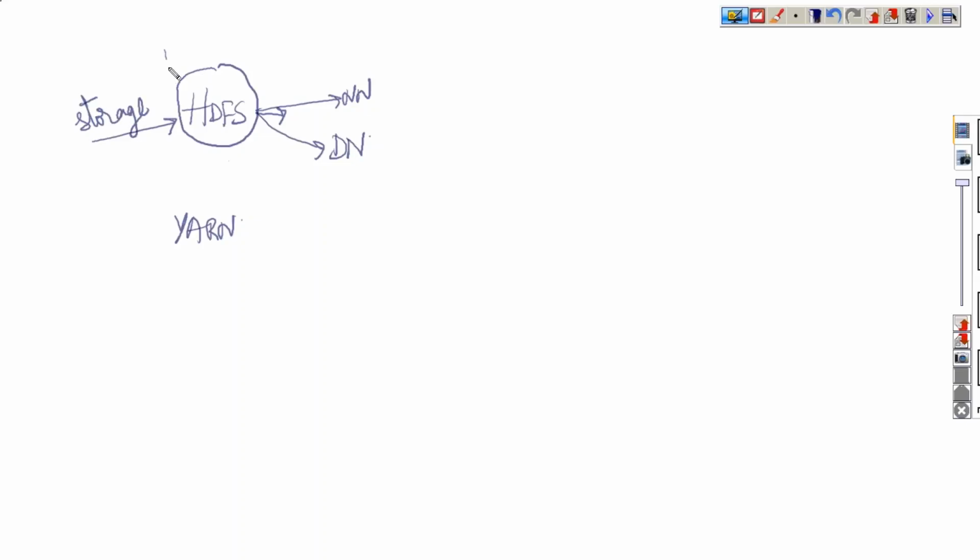So what is being used? Disk is used for storage purpose, isn't it? Because the data is stored, that data will be stored into the disk. Yes. Now, if you want to process the data,